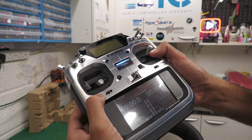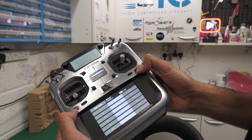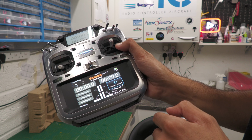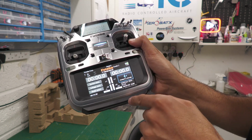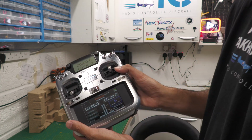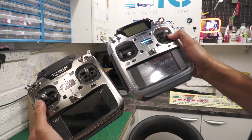Button quality is nice. Exit, user menu. Obviously the screen itself is touch screen. If you're not used to Futaba, you can go ahead and touch that. I'm reluctant to put fingerprints on it at the moment. It's odd because it is going to get fingerprints on it, but I just don't want to touch it right this very second. But let's compare the switches and buttons and what have you to the 16 Super, which is